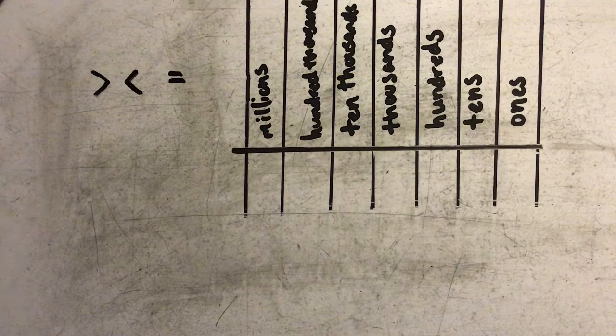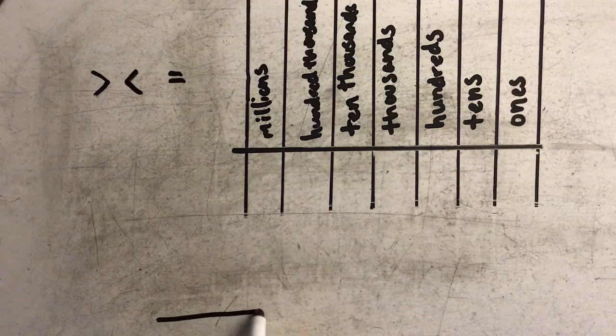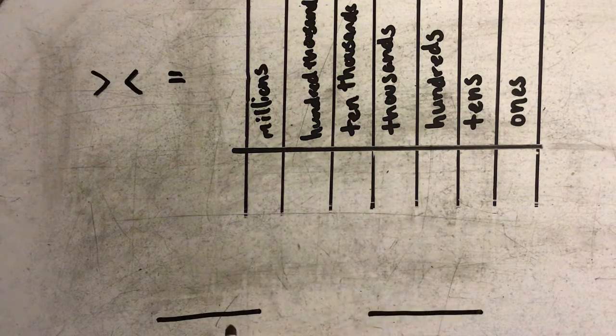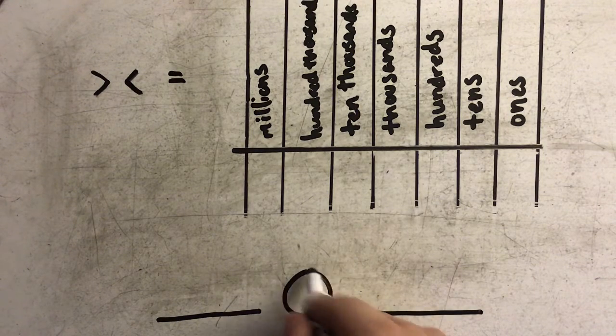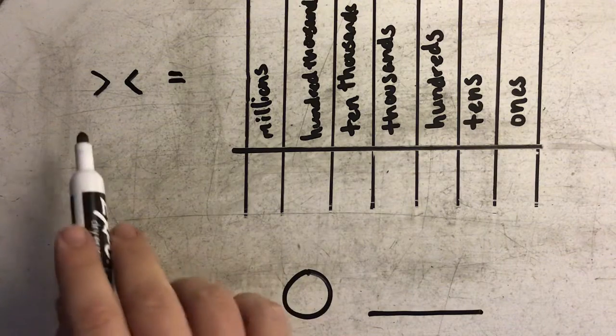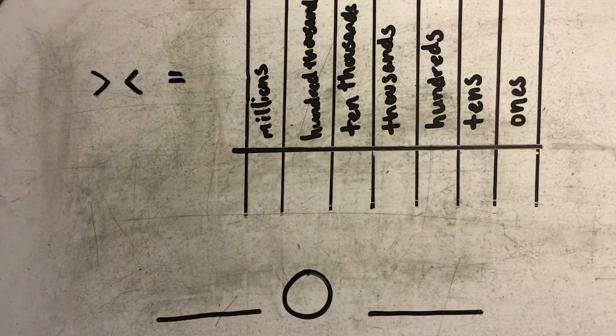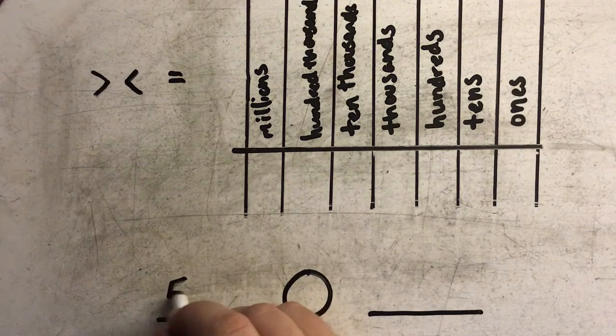And the way that I compare two numbers is I typically am looking at each number on one side of a number sentence, and then in the middle is where I'm going to put my greater than, less than, or equal to symbol. So if I were comparing two numbers,